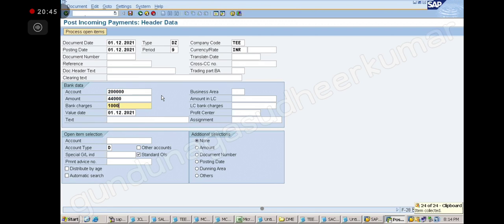1,000. As you understand, when I am doing accounts payable, I will add the bank charges because more money will go out of my bank account. But when I am in accounts receivable and incurring any bank charges, there I will deduct the money and the balance will come into my bank account. You understand? Correct? Note down, everybody. Now, do I have to create the bank charges account again and assign it? No, sir. The same account will be used. Correct? Note down everybody how I am giving it here.